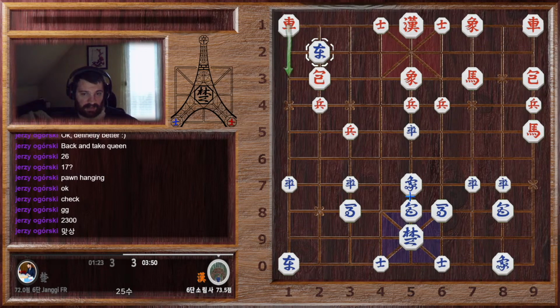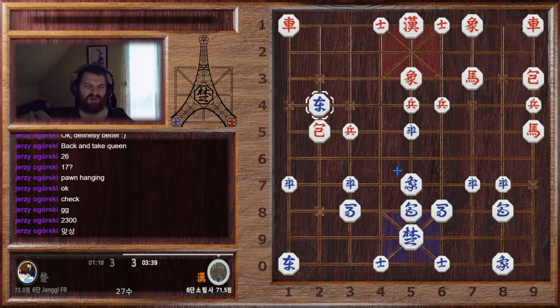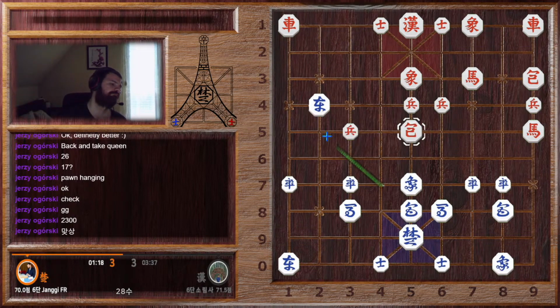Rook there, but that's very dangerous because, sorry, the arrows are completely messed up. You have to defend like this. No, that's losing the rook. Yeah. Oh, sorry, I played too fast. He had the elephant for free, and now